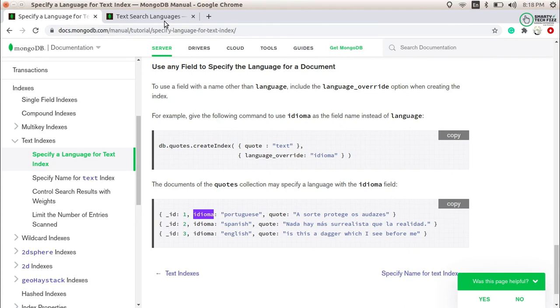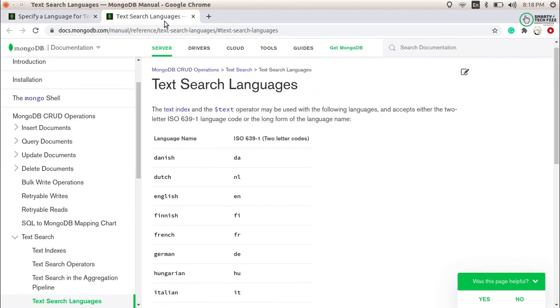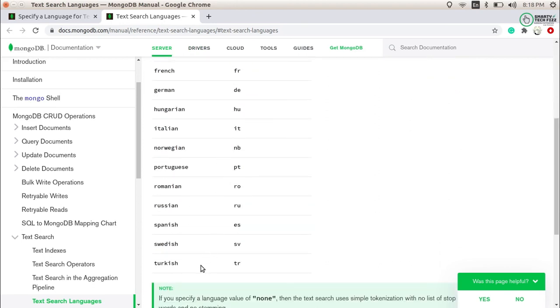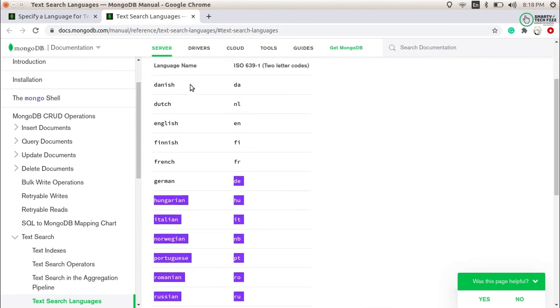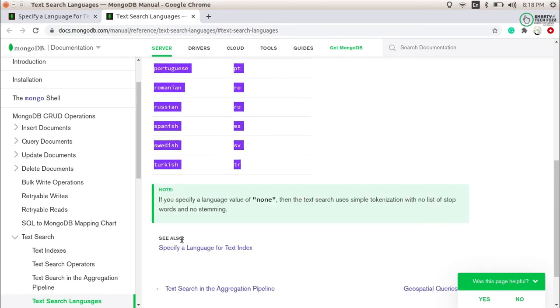And what are the languages mentioned by MongoDB? These are the text index languages mentioned by MongoDB: Danish, Dutch, English, Finnish, French, German, Hungarian, Italian. There are a number of languages provided as support for text search.